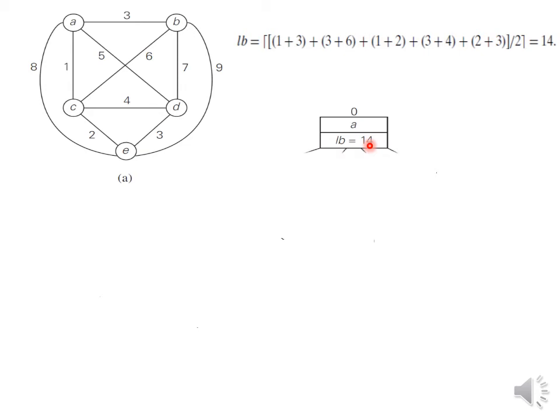From A we have 4 choices. We can go to C, we can go to B, D as well as E. So 4 choices we have. So the path becomes a partially constructed solution. The path becomes AB. So AB, now we need to compute the lower bound. How to compute the lower bound now? Now the computation of the lower bound is like this. We take the best 2 paths from A. That is what we considered earlier.